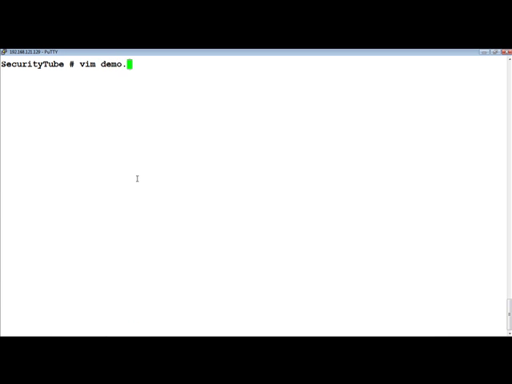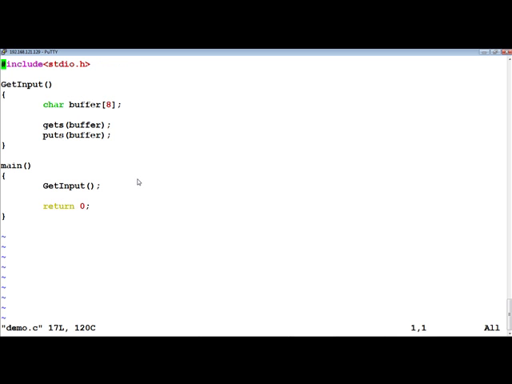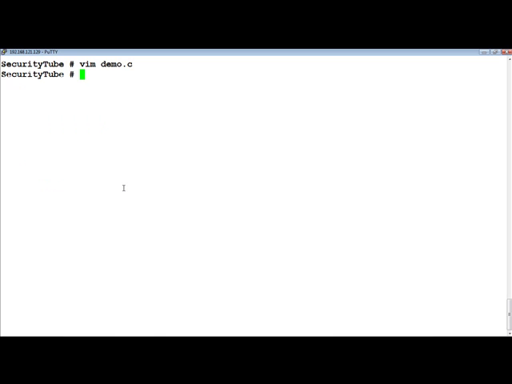So I created a sample program, demo.c. All this program does is define the getInput vulnerable function, which we've already discussed, and in the main function just call getInput. Right, so let's quit and compile this program. If you notice, we've given the -ggdb option